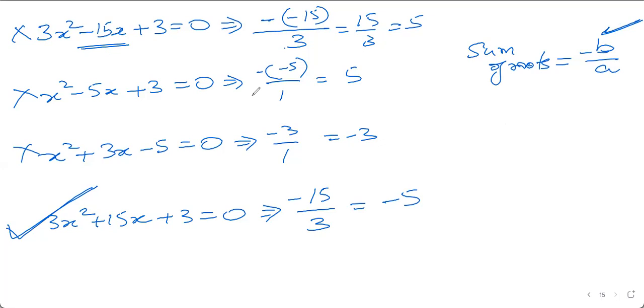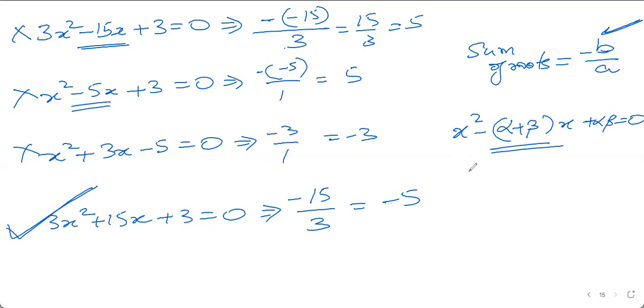The second mistake that students do is they use the other thing. They say, okay, x square minus alpha plus beta into x plus alpha into beta equals to 0. They remember this, and this is correct. This is not wrong. And they say we need this, here we need -5, let's see where it is. Here there is -5, here there is -5. So many students answer A as their answer. Many students write B as their answers. Option A and option B.